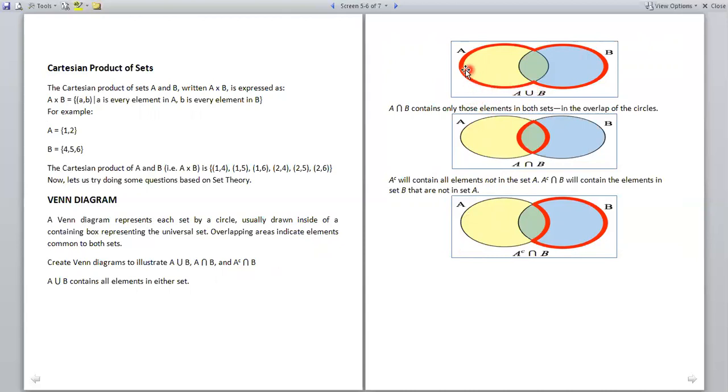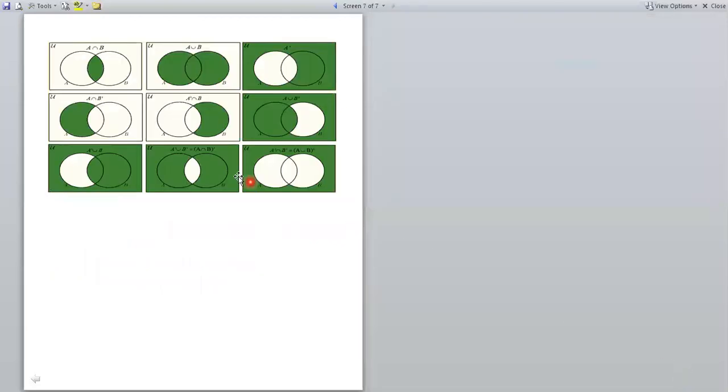If we consider this whole rectangle as the universal set, and A and B as two different sets, and we apply the union operation, then this defines the union of all. You can see there are 9 different pictures here.